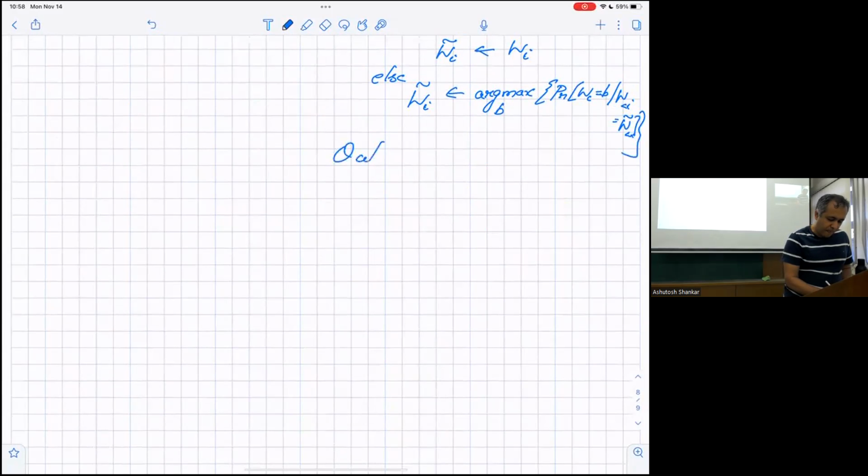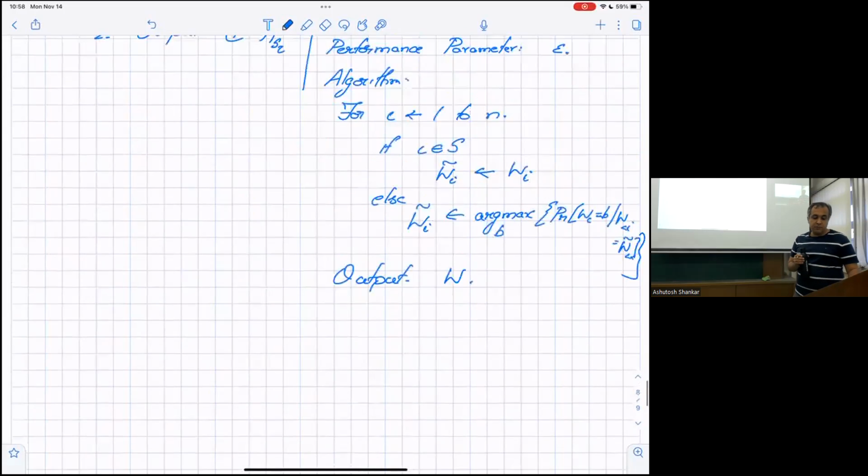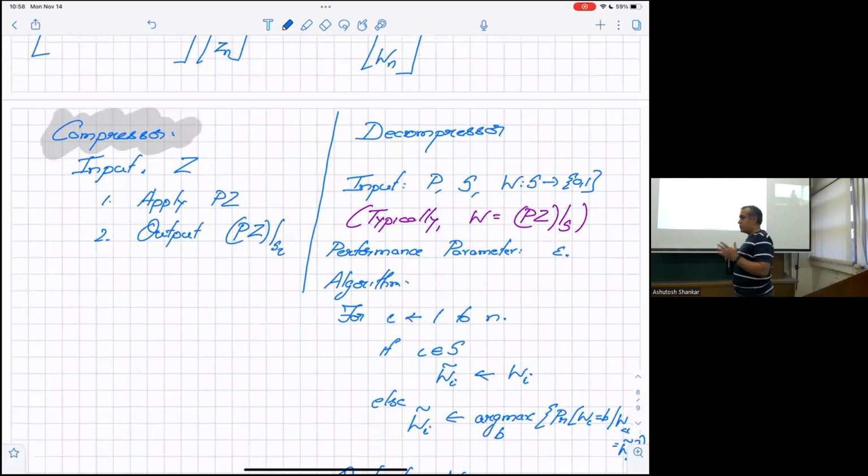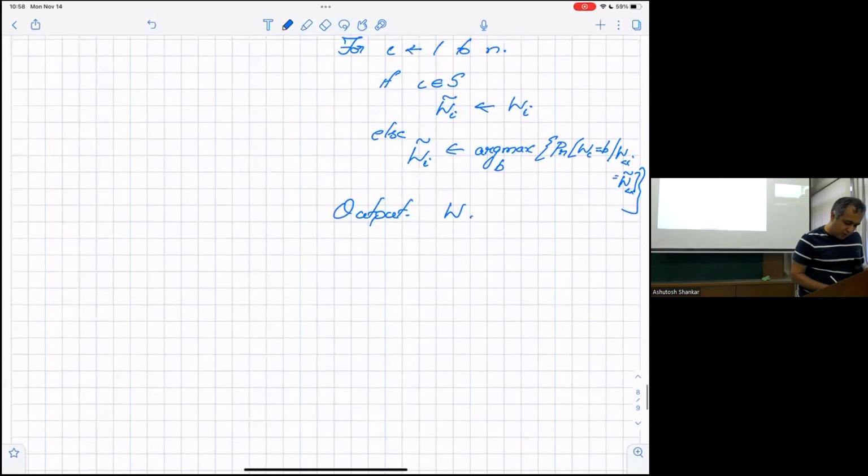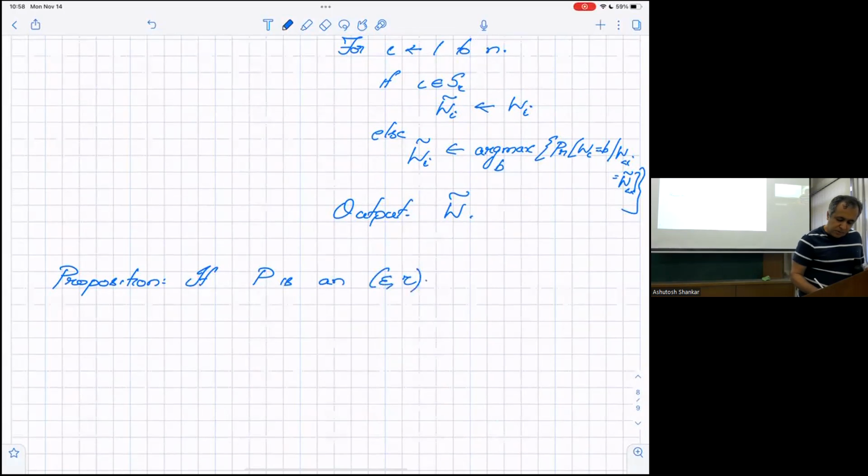Then output. This is for recovering the bits we just omitted. We haven't talked about the matrix and all, but I want to state the following proposition. There should be an explicit output. The proposition is: if P is an epsilon-tau polarizing matrix,